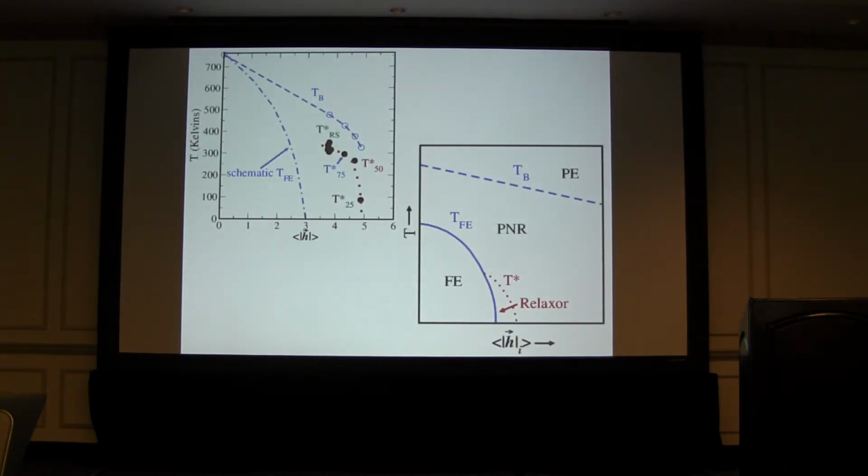So we can draw a phase diagram by calculating the average magnitudes of the local fields. And these are the results that I've just shown you: 25% nano-ordered, 50 and 75, and then the